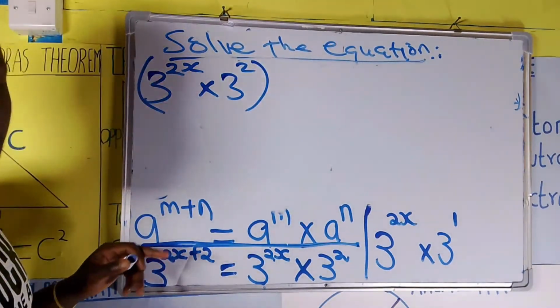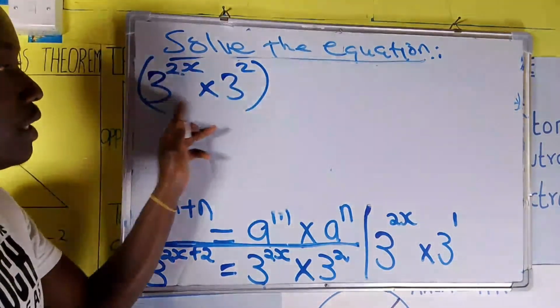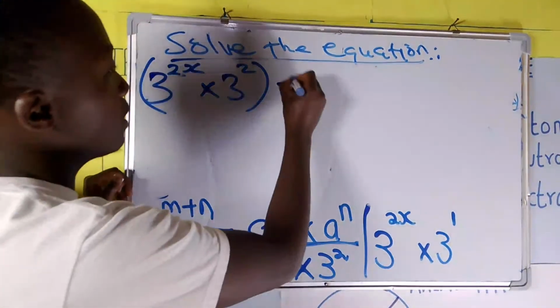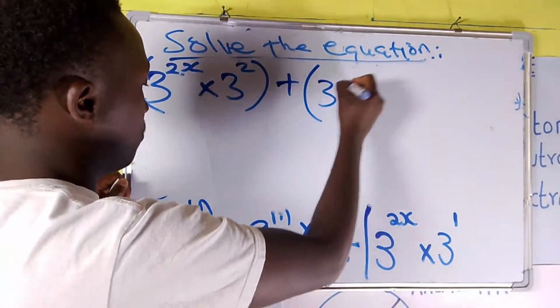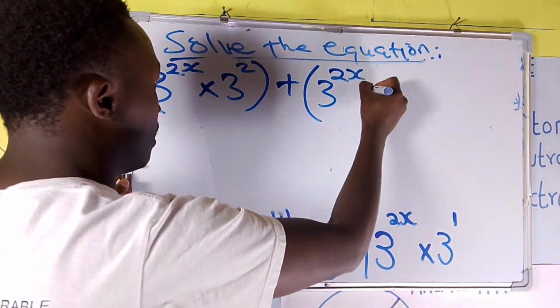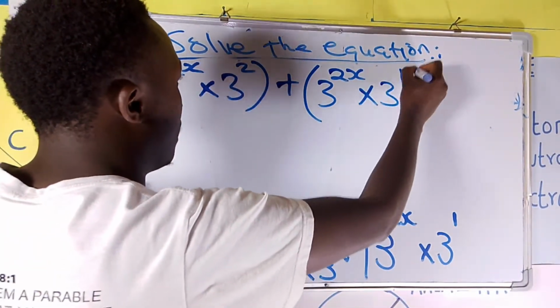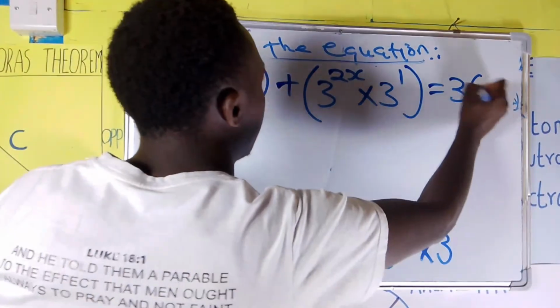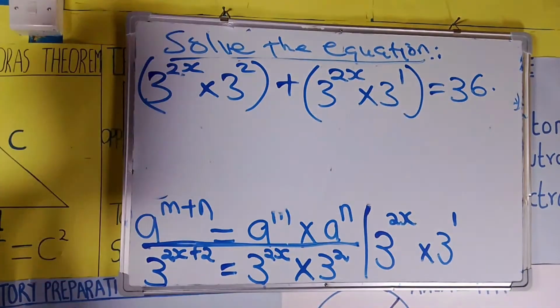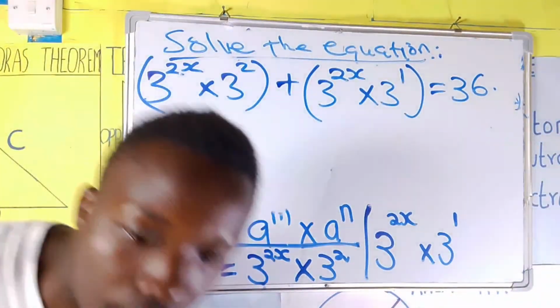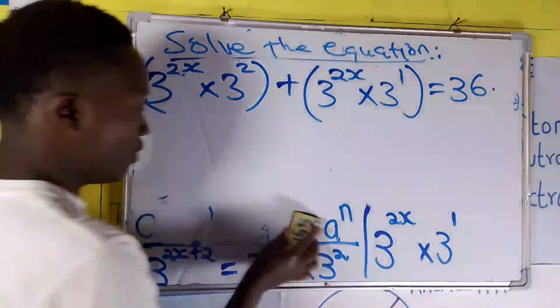Hiyo ilikuwa ya kwanza. 3 to power 2x plus 2 ni the same na hii, plus 3 to power 2x times 3 to power 1 is equal to 36. So tutakuwa na hiyo sasa. Tukiwa na hiyo,